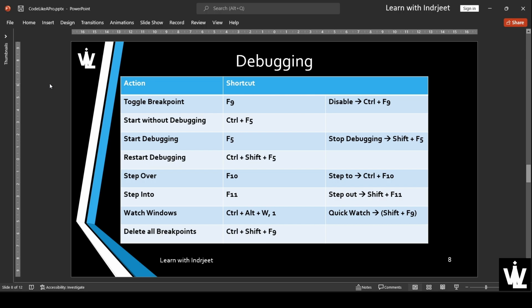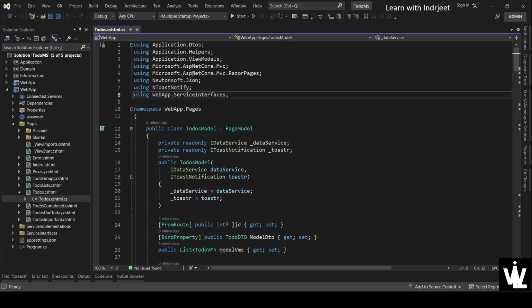So to start with debugging shortcuts, we'll be looking at toggle breakpoint using F9, disable a breakpoint using Control F9, start without debugging, start with debugging, stop debugging, restart debugging, and some other step over, step into shortcuts used in a debugging session. So to start with toggling a breakpoint, let's go to Visual Studio where we have this code